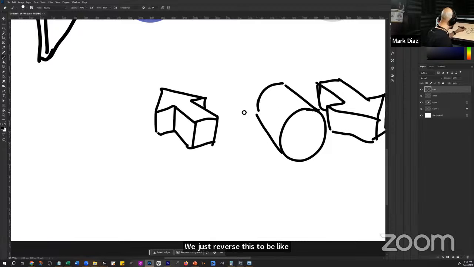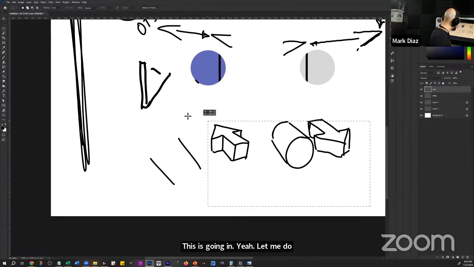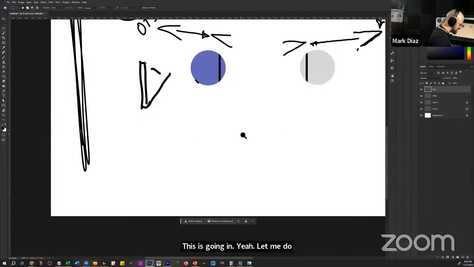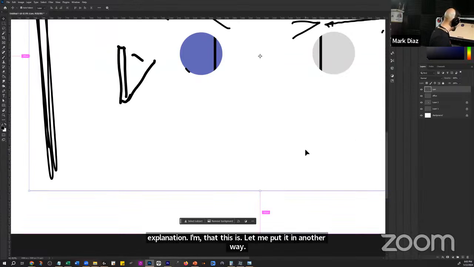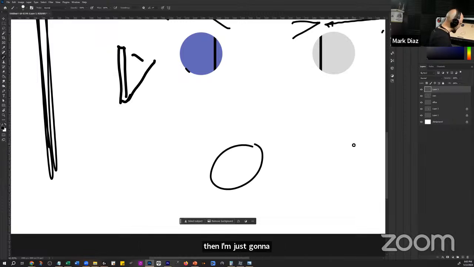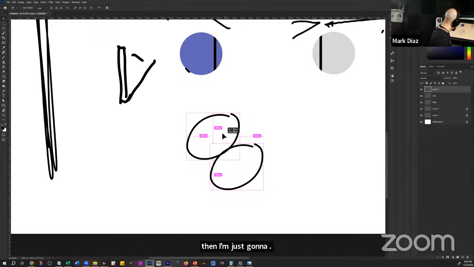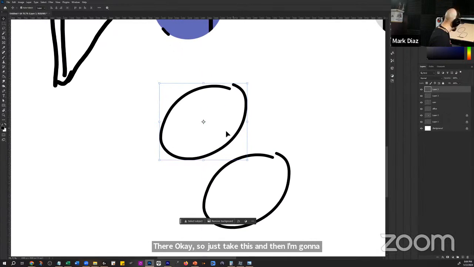Sorry, let me do this explanation. I'm sucking at this explanation. Let me put it in another way. I'm going to just draw this same cylinder, this one, and then I'm just gonna duplicate it. New layer. Okay, so I'm gonna duplicate it, and I'm gonna show you how this changes direction,